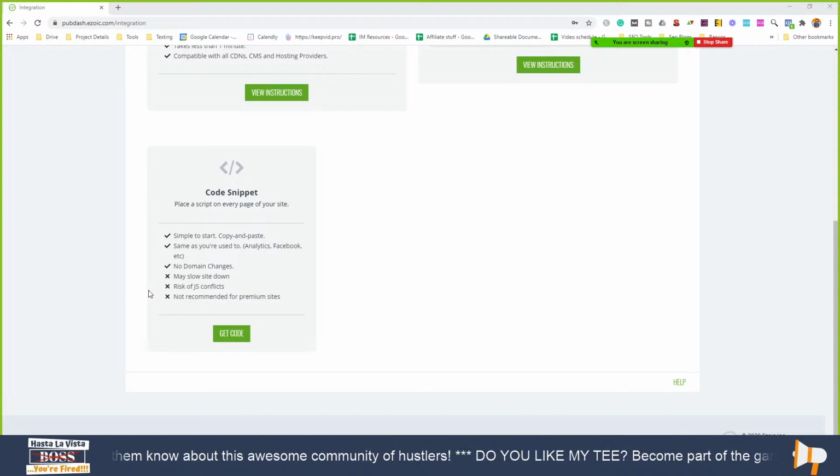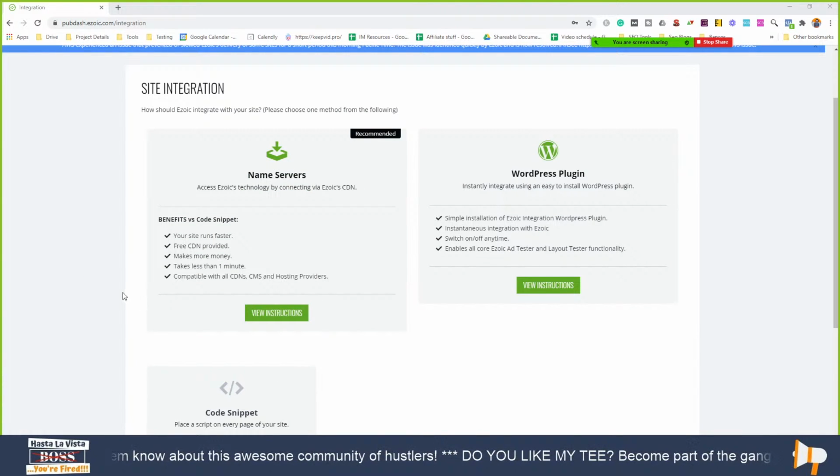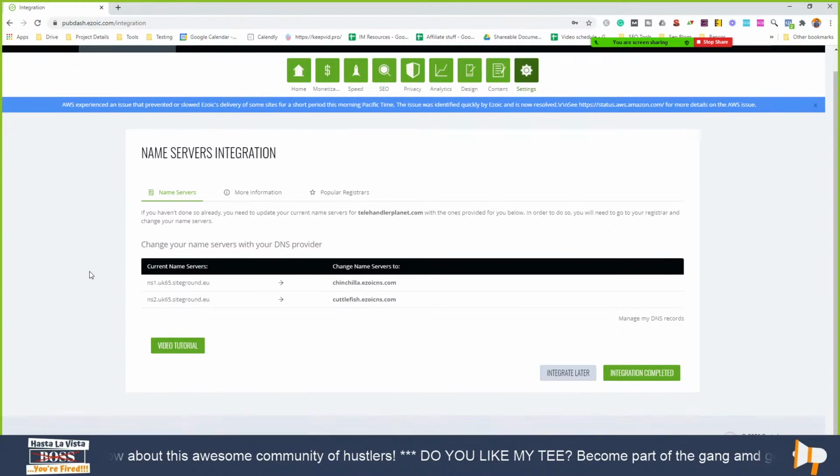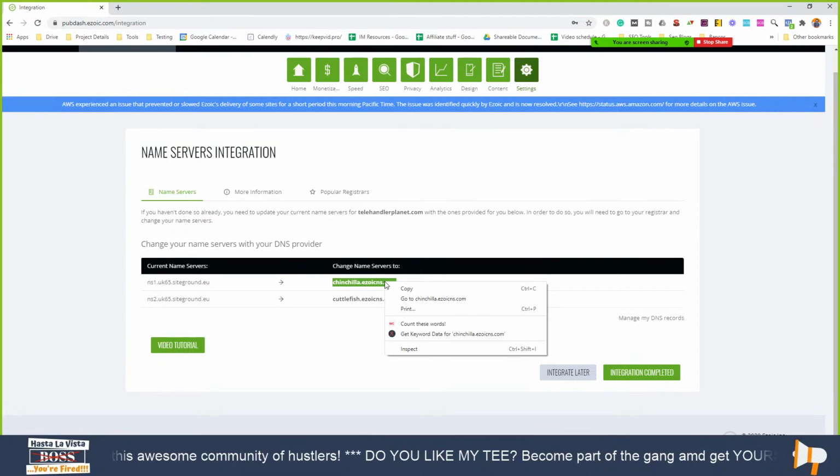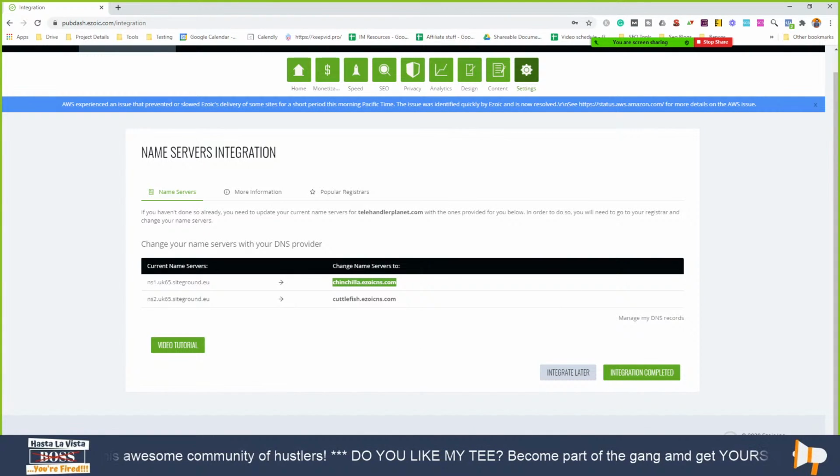So if you want to go back up to name server integration, which is what we recommend for you, I'm going to show you how to set that up. Can you click view instructions? When you view instructions, you'll see your current name servers and the name servers you'll need to change to. It's important to note that Adrian is using Siteground, and Siteground sometimes might mistakenly identify traffic coming through Ezoic as bot traffic just because it comes from our IPs, since we're now on the server level.